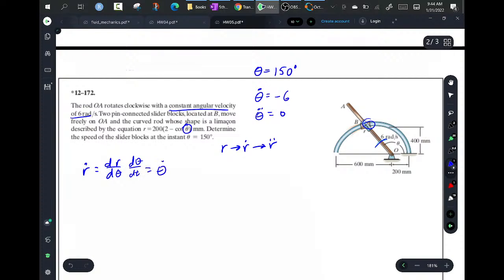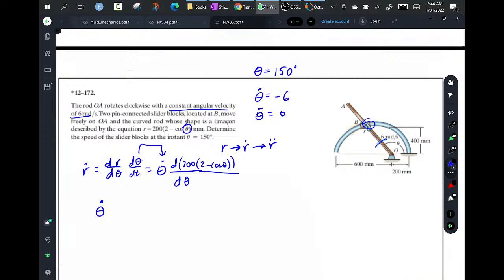That gives me theta dot, which is this term, and what I'll do is 200 times 2 minus cosine theta, or if you want to list it, maybe we'll go down here, take the 200 out, put the 200 out here, and I know this is crazy, but I'm going to include that term minus